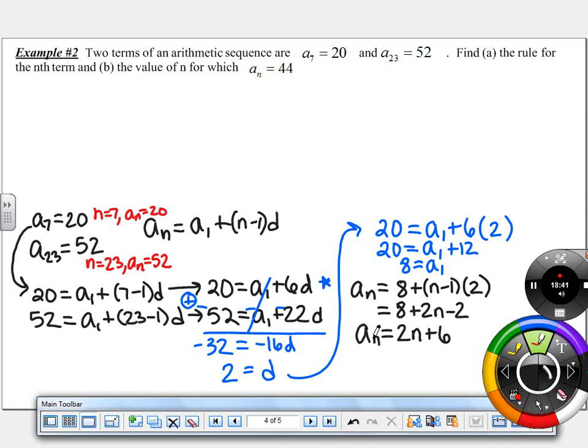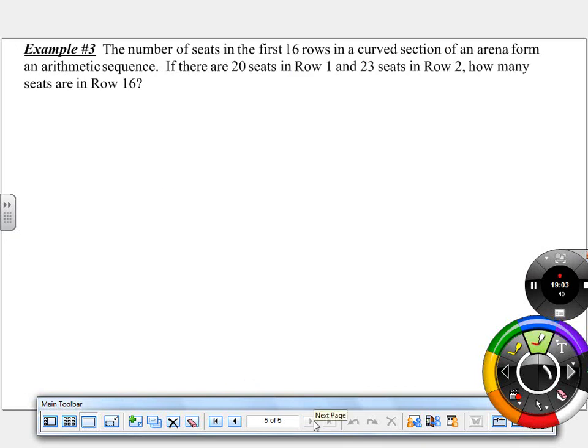And if you ever wondered if your rule is correct, you could go and plug in the given information and make sure that it makes sense. That when I plug 7 in for n, I actually get 20, and when I plug 23 in for n, I actually get 52, and I can have a general sense that my rule is correct for this circumstance. Okay. All right, the last thing that we're going to look at is this problem,